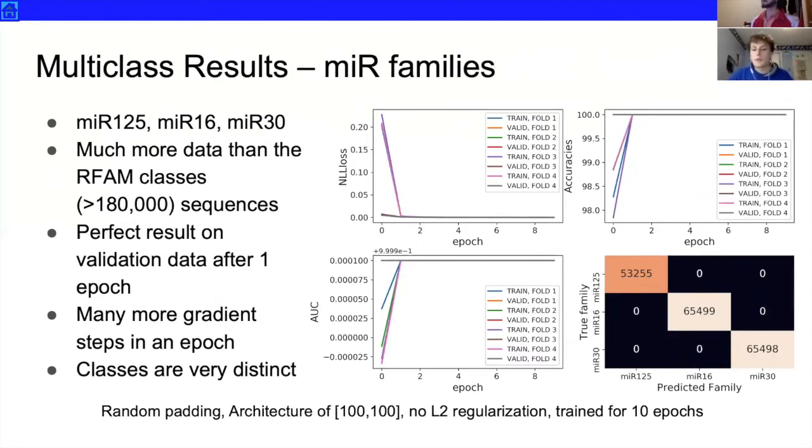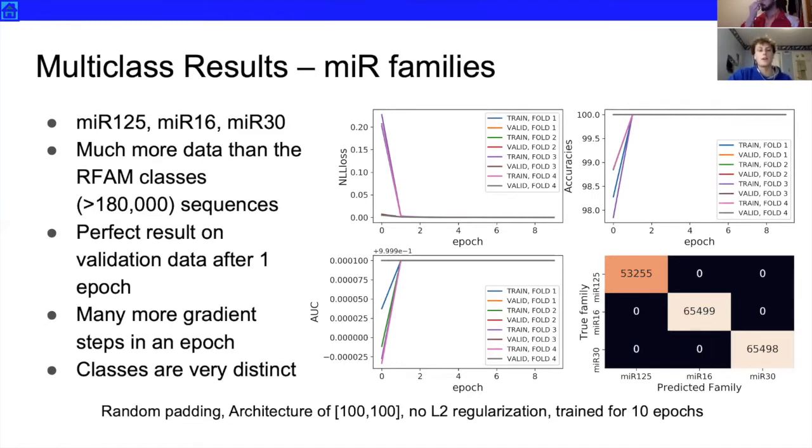So moving on to another data set to experiment with this system that we created. We wanted to classify different microRNA families. So we were provided with another data set of 3 microRNA families with many more sequences than the RFAM seed sequences, which are the manually annotated RFAM sequences for each of the families. So we tried to classify between the 3 different microRNA families that we had available to us,